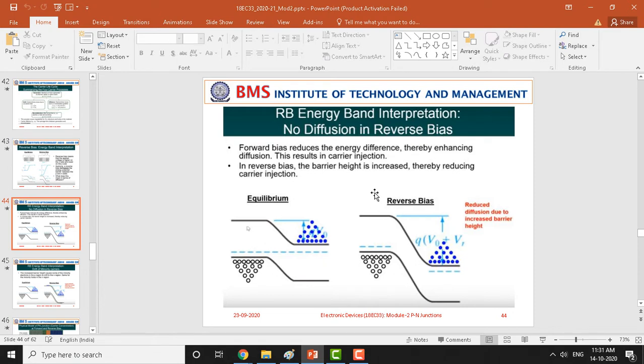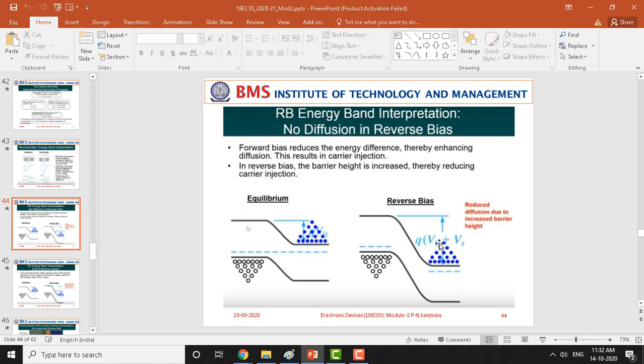However, the electrons here, which are minority charge carriers on the P side, can surmount it easily due to the drift caused by the electric field, whether applied or inbuilt. Obviously, the applied electric field is from N to P. The inbuilt electric field is also from N to P. This electric field, established here because of the built-in and applied fields, makes the minority charge carriers, which are electrons on the P side and holes on the N side, move easily here.